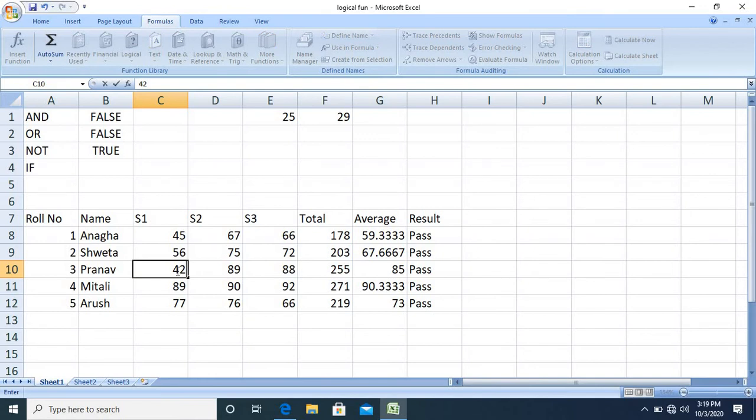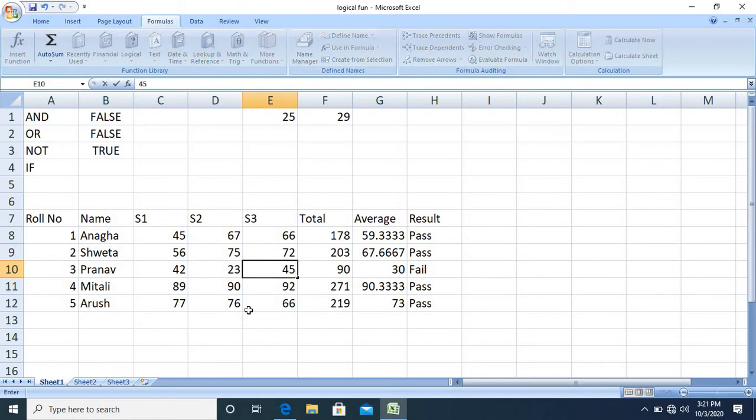Let me change some of the values here. So in this case, as the average is below 35, it will display fail. Let us do one more modification here.